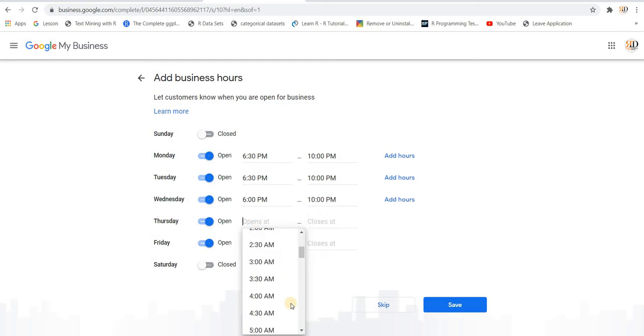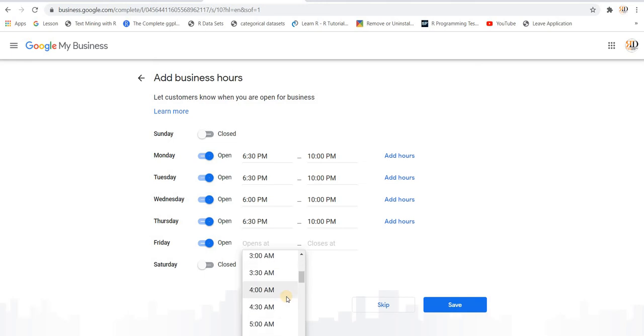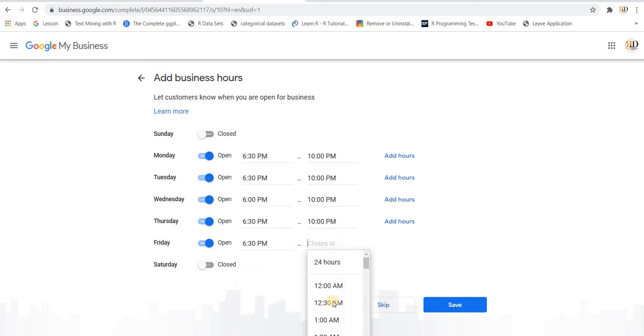Once this kind of information is available, your information becomes more reliable and dependable, and customers like to interact with businesses which have complete information available, correct? If you provide half-baked information, the customer may not be interested in contacting you or reaching out to you. So it's quite important that you give all the complete information that is required. So let me fill it up.